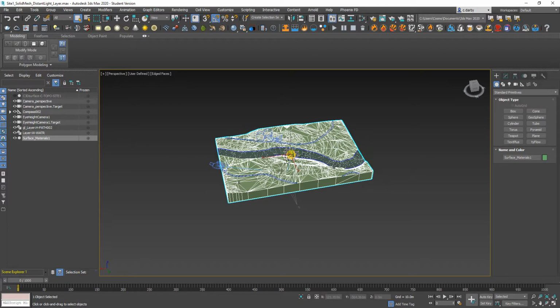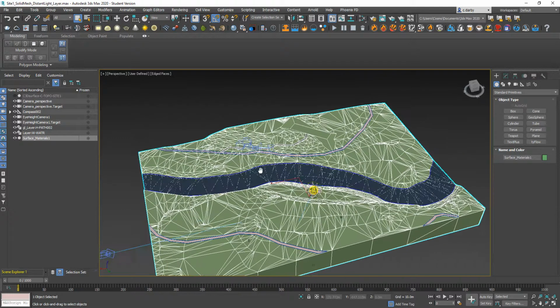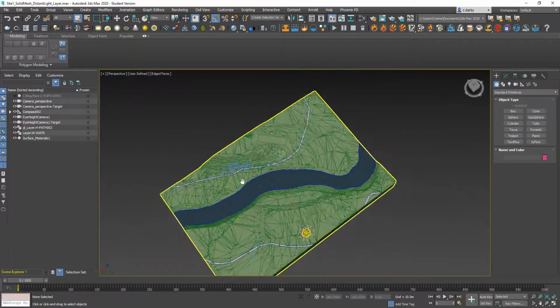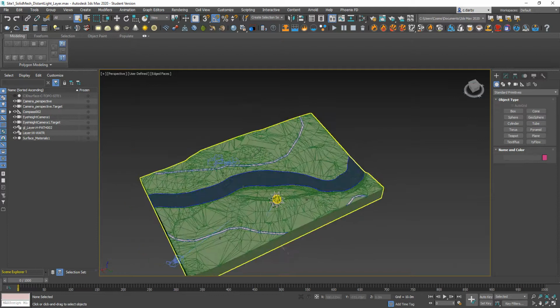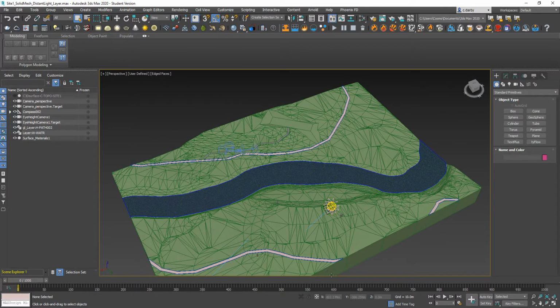Hi everyone, so I'm going to run through the basics of setting up a walkthrough animation with your scene. So to do this, first you want to be conscious of the animation timeline down here. So this is giving you a reading of frames. So if you look in your render setup,